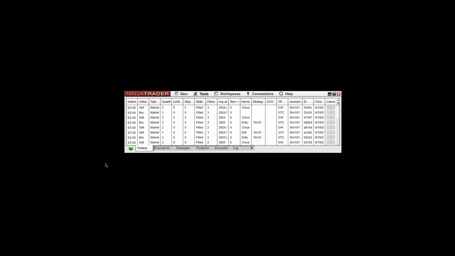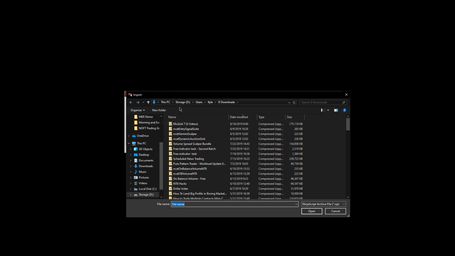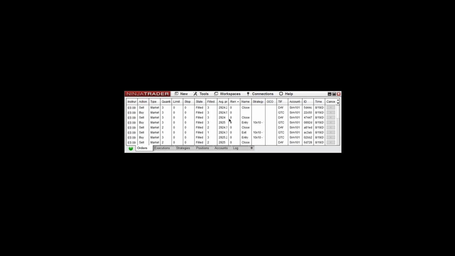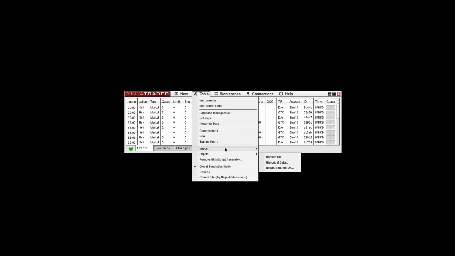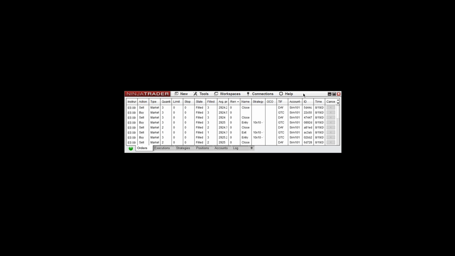It'll go ahead and bring up your Windows Explorer. And you'll notice that we have quite a few zip files here from Ninjacators. You can go ahead and left-click on any of the Ninjacators here, add the zip files, and just double-click, and it'll go ahead and start the install process, the import process. And at that point, once it's done, you install or you load in that zip file, go ahead and close down NinjaTrader and then open it up again,